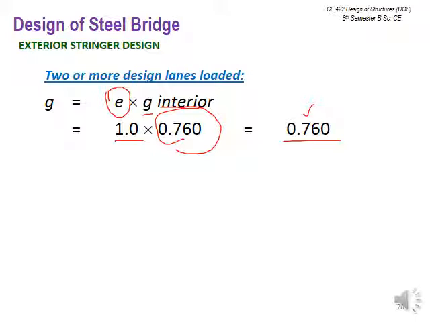Okay, it should be more than expected. We are expecting that it should be greater than this value because this is an exterior girder, but as we have planned it to keep it just at the edge of the curb, at the center of the exterior, that is going to give you a more stable design. So that's why we are getting lesser. So your E is also 1, it's not more than 1.